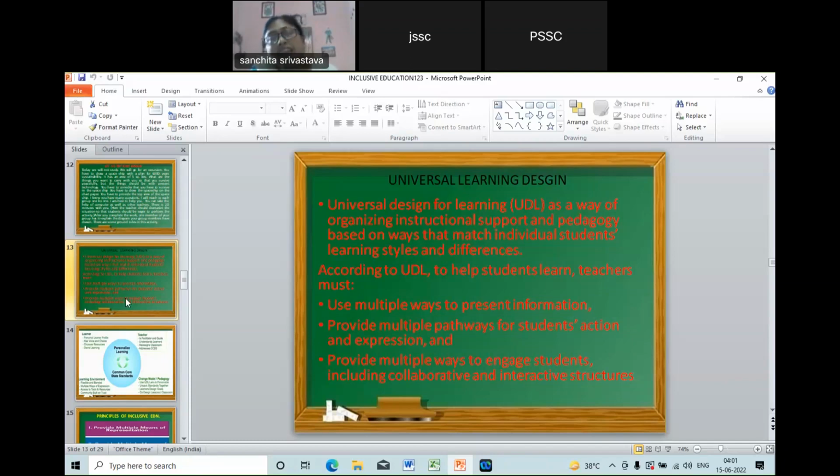Okay, but we have a universal learning design. Universal learning design, UDL, is an organizing of instructional support and pedagogy in a way that matches individual students' learning styles and differences. That means the pedagogy that we follow depends on the individual needs and demands of a student. So according to UDL, to help students learn, teachers must provide multiple ways to present